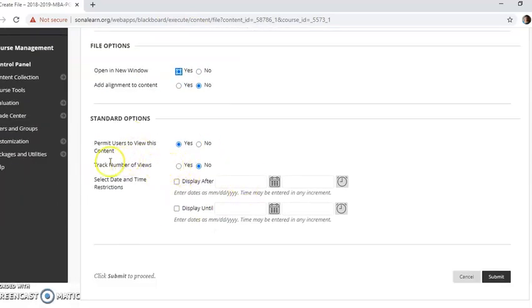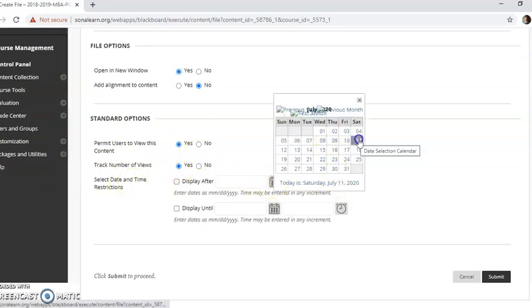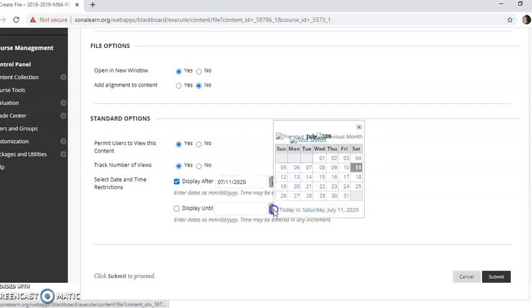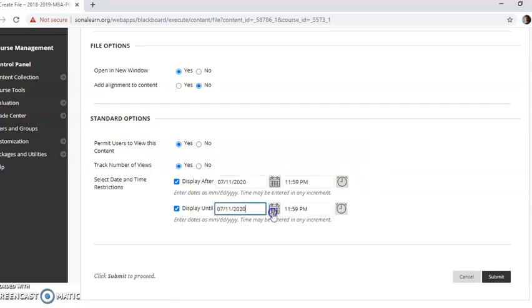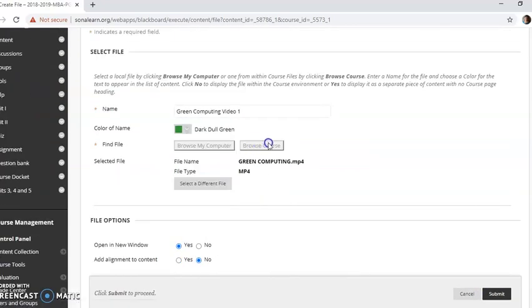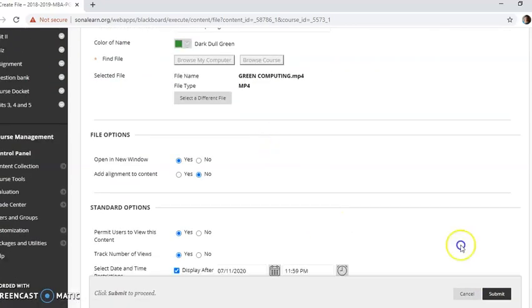And also I want to track the users, isn't it? So I am giving yes, and the same I can view this document up to the month end. So now I am again submitting, that is I am again uploading one more document.